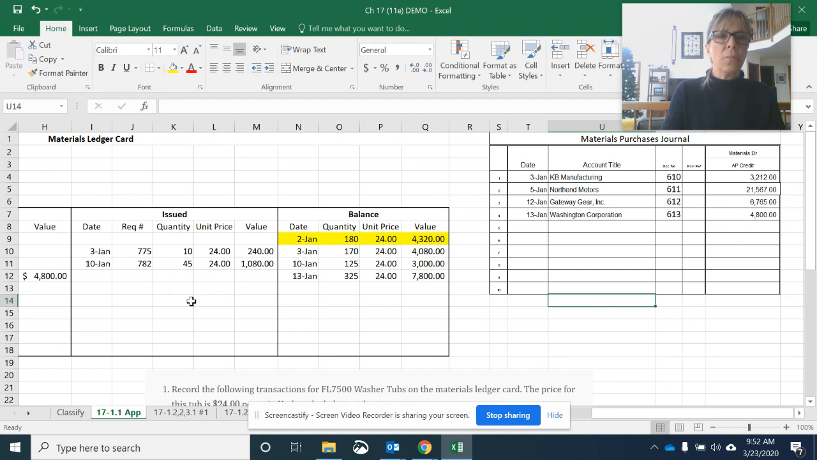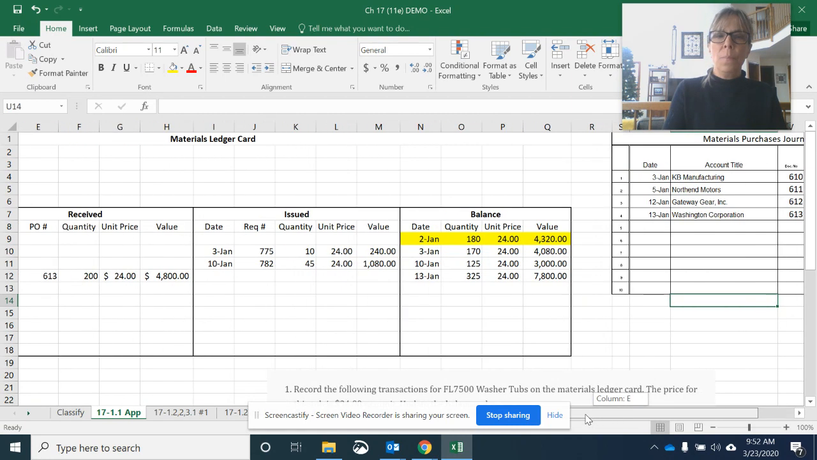So just to review again, this is a materials ledger card that's done for each one of the major materials that goes into the production of a product. Okay, so if you have a washing machine, you need to have washer tubs, and that's a big part of that product. Okay, I'm going to stop right here and let you soak this in, and we'll continue on with